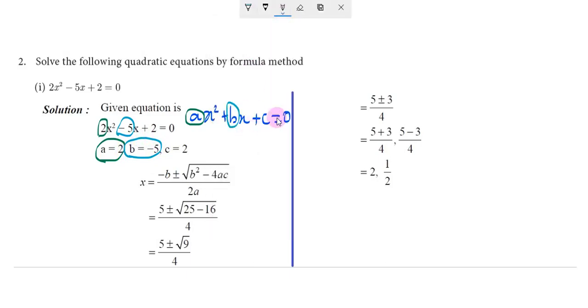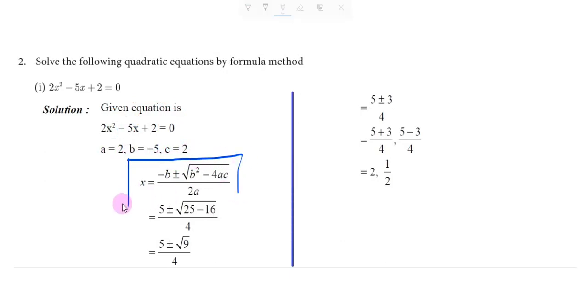And then the constant term means it doesn't have any x or x square term. So c is the constant term. Here 2 is the constant term. So c equal to 2. Understood? I repeat, here compare the x square coefficient with this x square term, the x coefficient with this x term, and the constant term with the constant term. We should equate. Understood? So a equal to 2, b equal to minus 5, c equal to 2. This formula you should know. Already it's a familiar formula to us. We have learned it from 8th standard onwards.